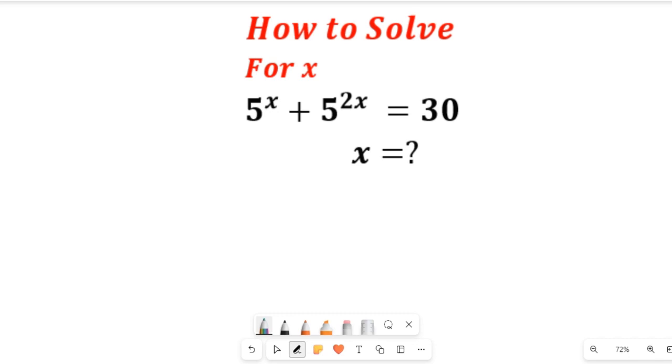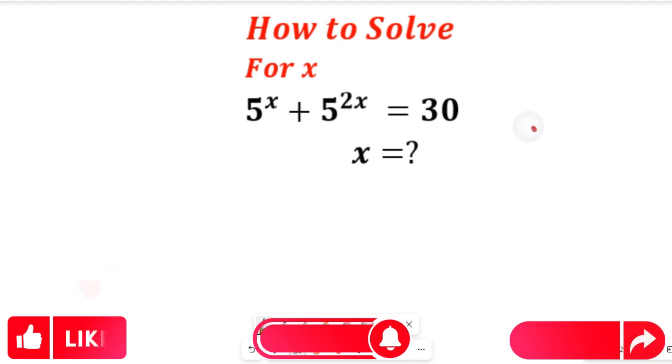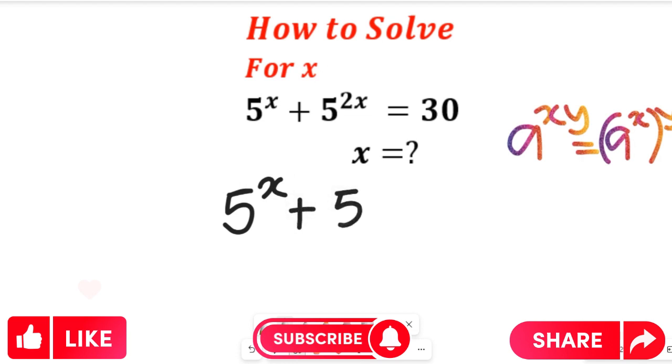Now let's solve. To solve this, we are going to look at one law of indices, and that law of indices says if you have a to the power of x, y, this can be equal to a to the power of x multiplied by the exponent y. So if we do that, we are going to have this expression now give us 5 to the power of x plus 5 to the power of 2, all to the power of x,